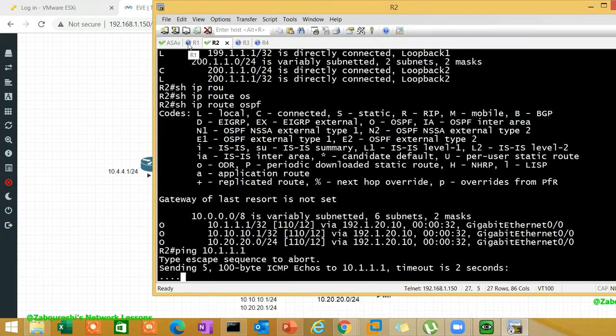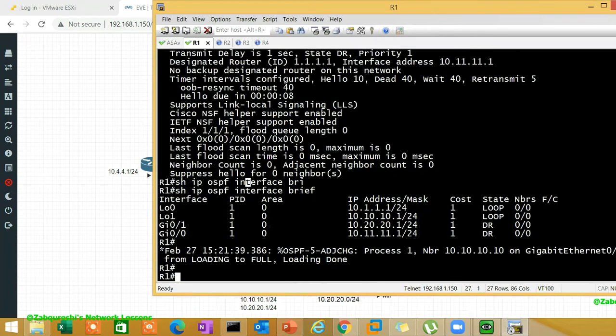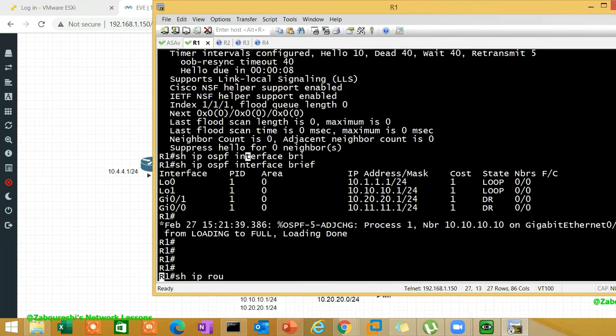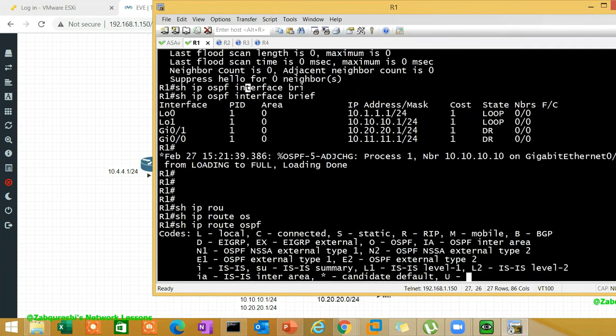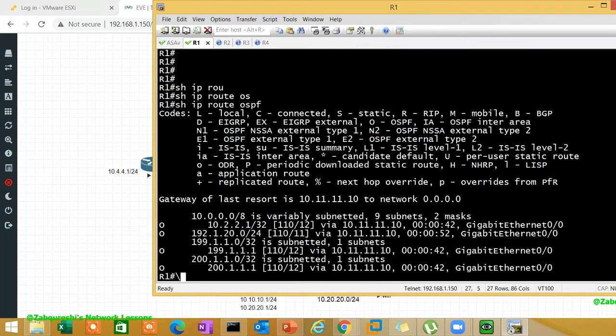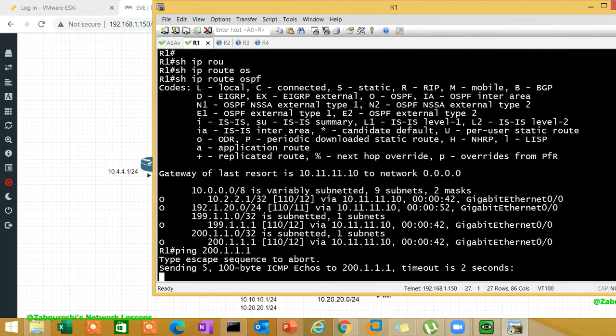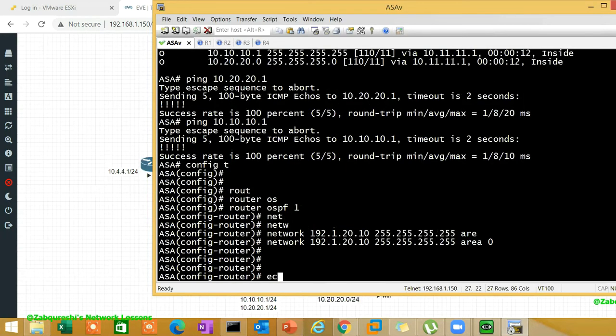Okay, and also from inside, if I check show ip route ospf, I should see 200, 199, all those here, but again, I'll not be able to reach that loopback. Again, the reverse traffic is blocked by the ASA because it doesn't inspect ICMP. But there is a command on the ASA which